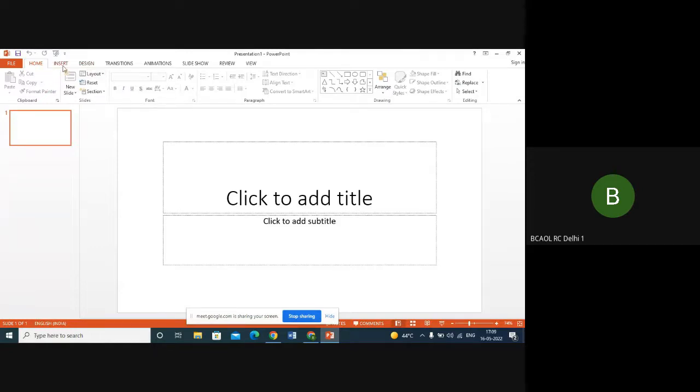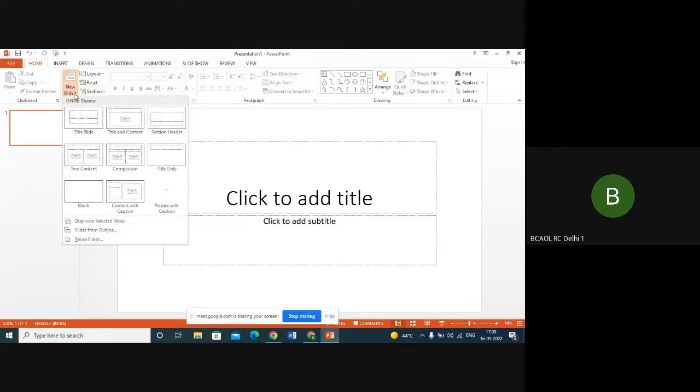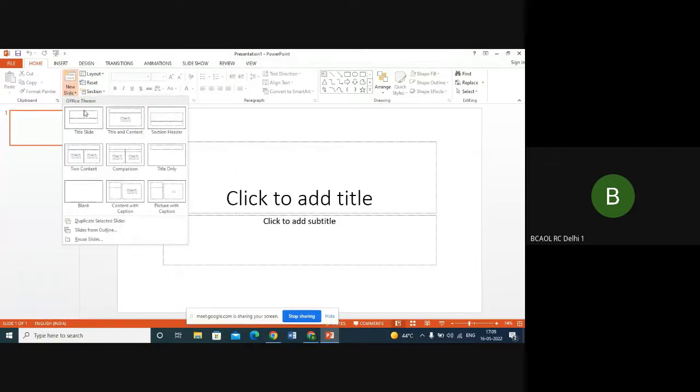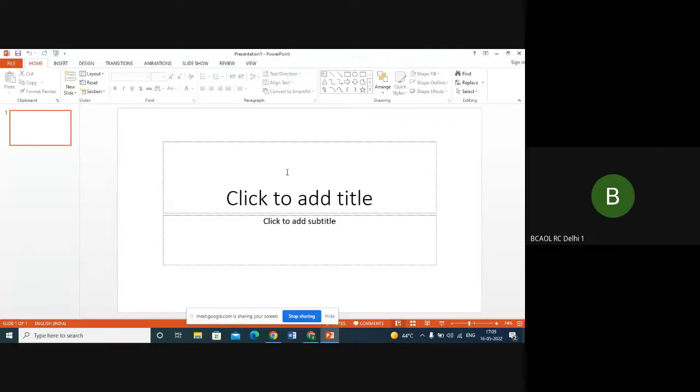Whenever you want a new slide here, can you see that? A new slide, right? What kind of slide do you want? This is your title slide. By default, the title slide appears at the top of your slides. You have title and content also. You have section header, two content, comparison, title only, blank, content with caption, picture with caption. So there are so many slides. What kind of slide you want, that is